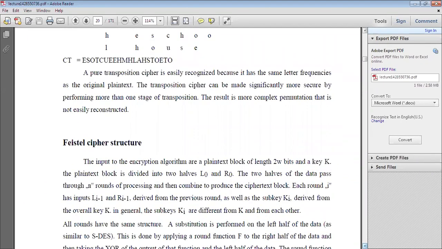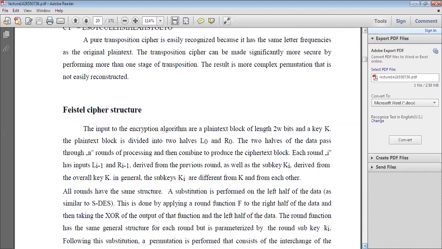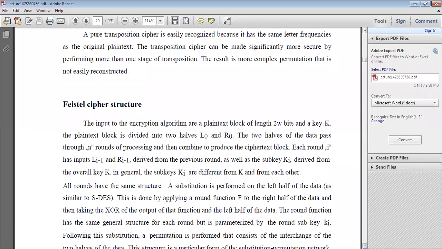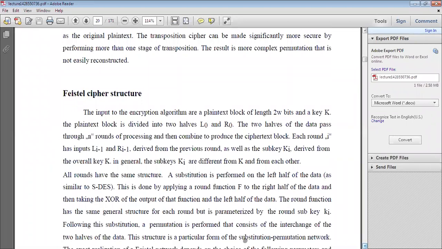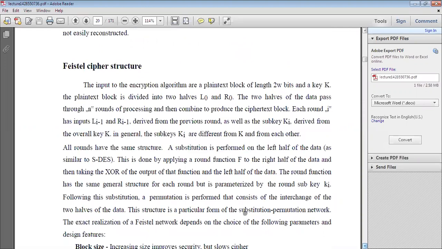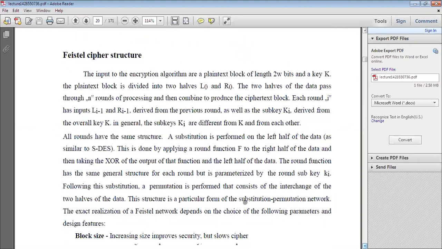So up to now we have completed the rail fence technique for transposition, and the second one is the row transposition technique. Next, another important technique we have to use is the Feistel cipher structure.